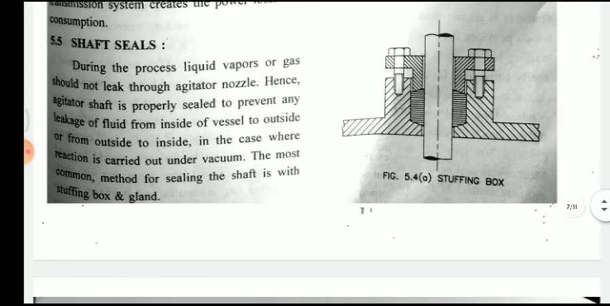During the process of shaft seal, the process liquid, vapor or gas should not be leaked from